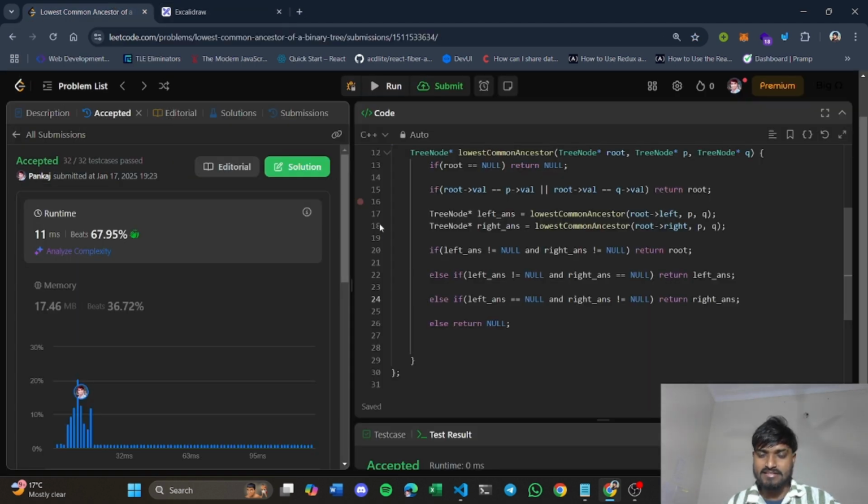And there is nothing we are utilizing for space. For our recursive call, auxiliary space is getting used, but that is the internal part, so we don't consider that as space. We have not used any explicit space. That's why the space complexity of this code will be big O of 1, right?